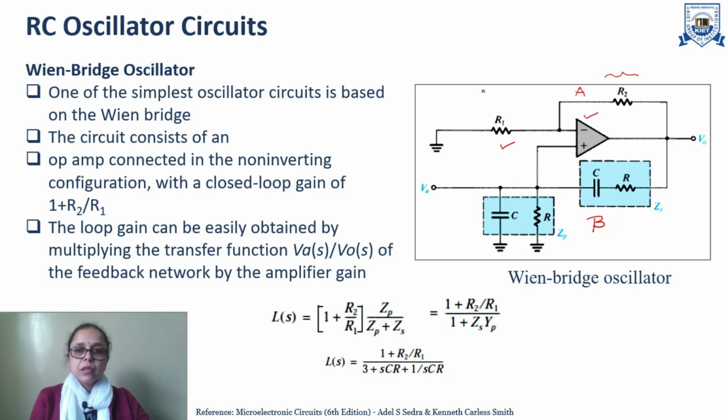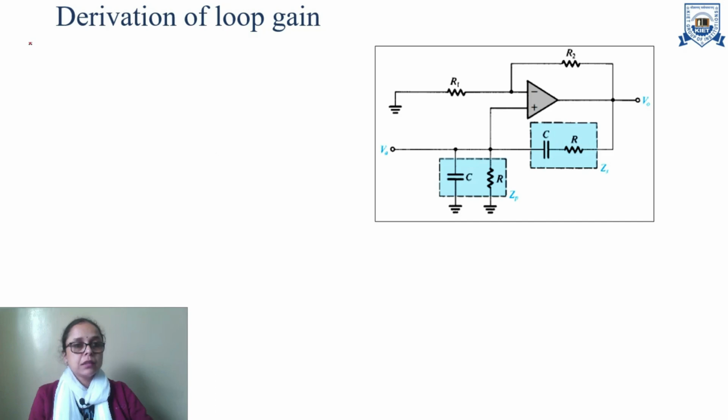So first of all, if we want to analyze any oscillator circuit, we have to find out its loop gain Ls, that is the product of A and beta. We have to find out these parameters, then only we can analyze at which frequency the oscillator will generate the oscillating waveform. Now to calculate the loop gain Ls, which is the product of A and beta, we have to find out the amplifier gain and the feedback factor beta.